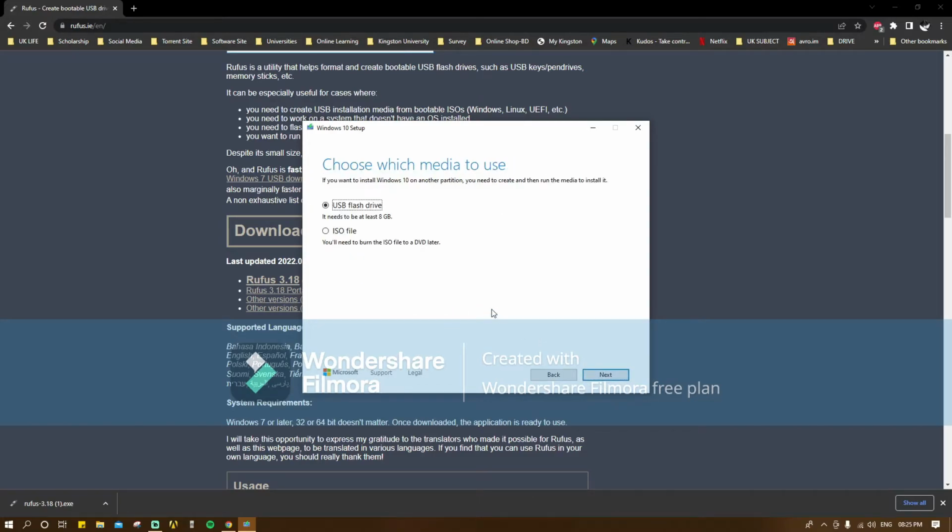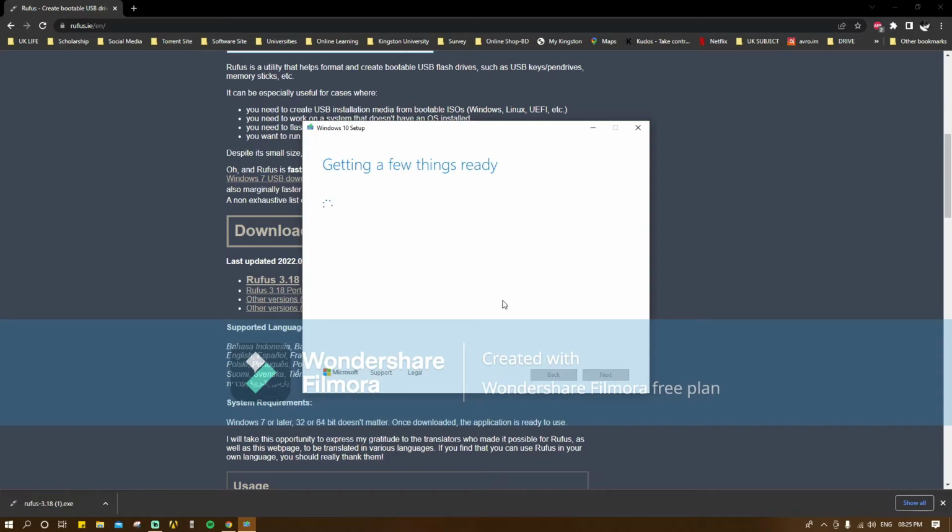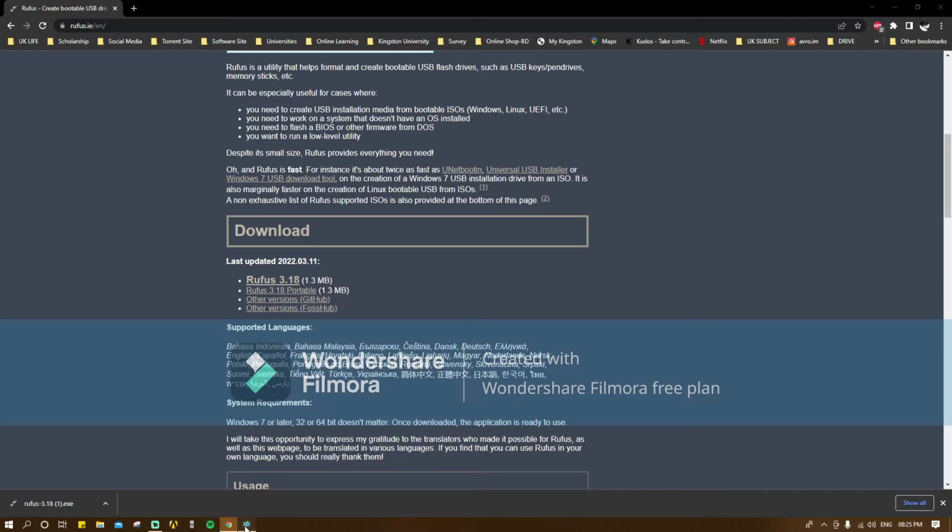Then I'll press next. And obviously, I want to download the ISO file because I'll make the bootable device later. And I'll save it anywhere. So it will take about 30 minutes for me to download the 5 gigabyte file. So I have downloaded the file. So now I'll cancel it, and